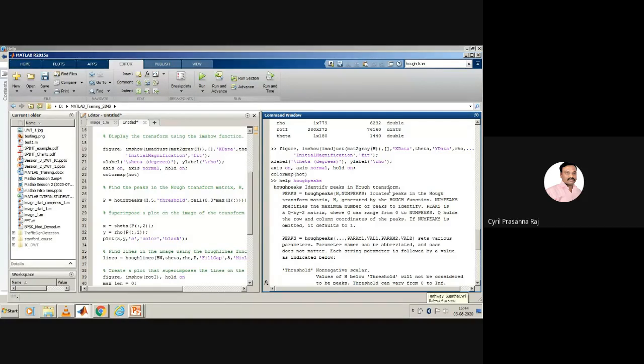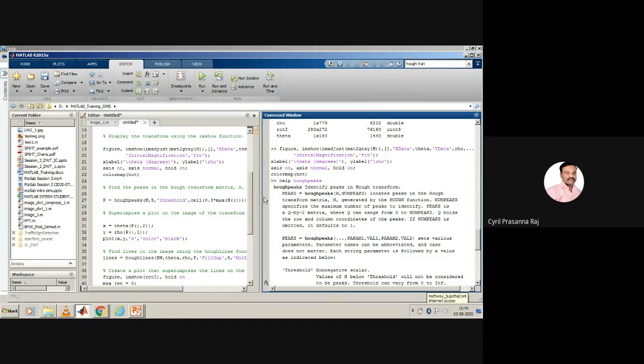But for the longer straight line, there will be one corresponding intercept point, and since there are hundreds of points available on the straight line, the intensity of that peak will be very high. For a shorter straight line, the intensity of the intercept point would be very weak. When the intensity is very weak, we can simply neglect it, and only the straight lines that are very long are the ones we retain. That is where the houghpeaks command helps us in this process.